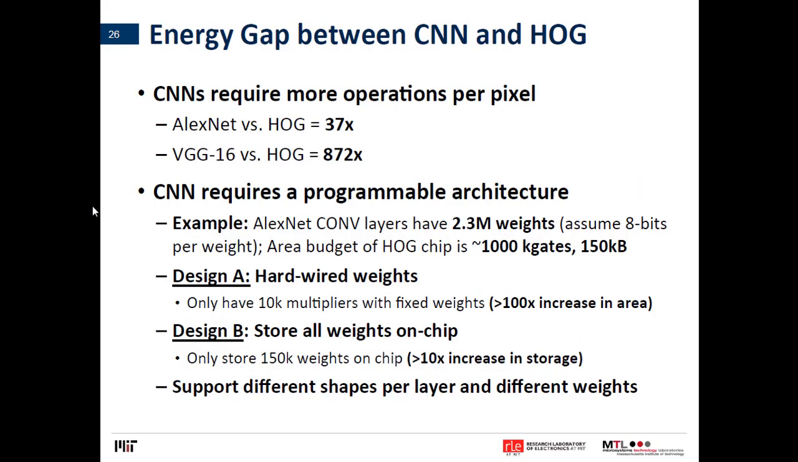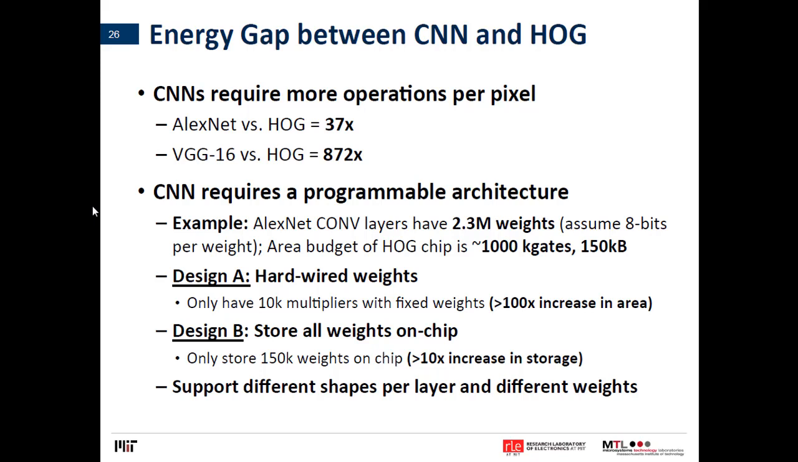So the GOPS, we saw that it's about 30x and 800x difference, but actually the main reason is that CNN requires a programmable architecture. And why is this? So for example, if we look at AlexNet as an example, for just the convolutional layers, they're looking at 2 million weights, right? Assuming about a byte per weight, and you have an area budget of 1,000 K gates and